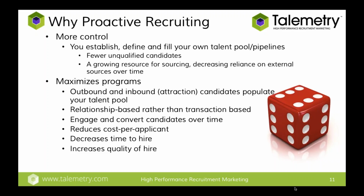candidates over time. This reduces your cost per applicant because, again, the more you grow your centralized resource, the more you're going to be sourcing and hiring from that. And all that money that you're spending on job boards and recruiting agencies and events is getting maximized because you're keeping those candidates and you have a great tool to go back and find them again when you have appropriate jobs. So you're not essentially buying the same candidate over and over again, which many companies have gotten in the habit of doing over the last several years as they just advertise a job when it comes up and end up paying for those same candidates to come